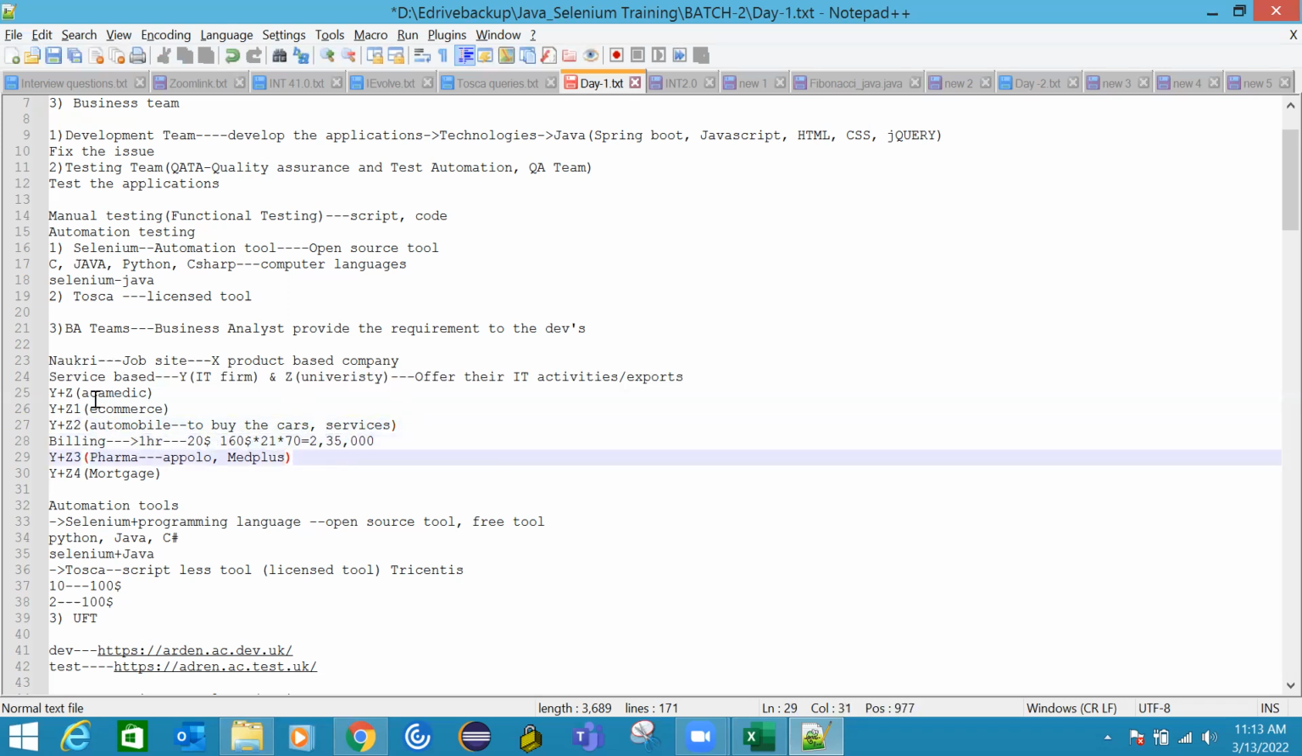Now you understood it, right? So a service-based company will tie up with other companies. The folks who are working in the service-based company would be getting opportunities to work on different kinds of applications. So for example, if our company ties up with some academic or university